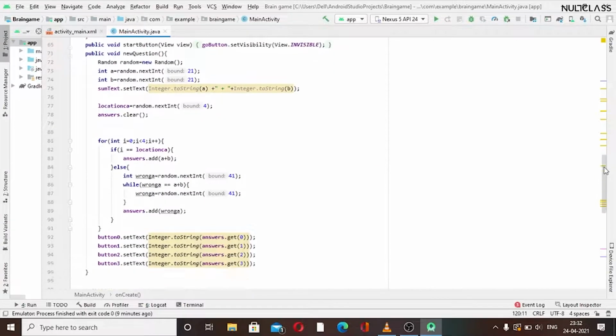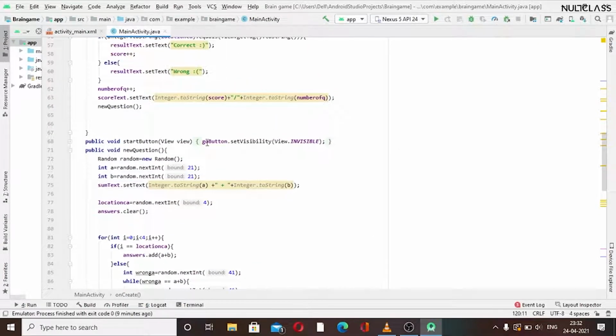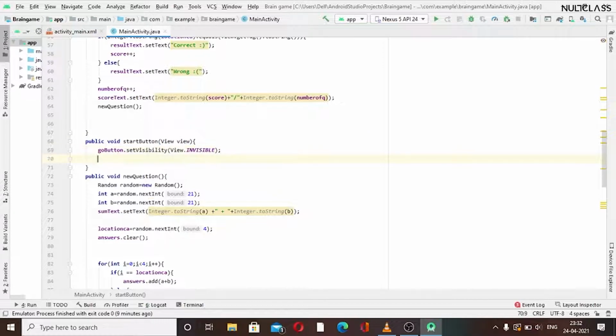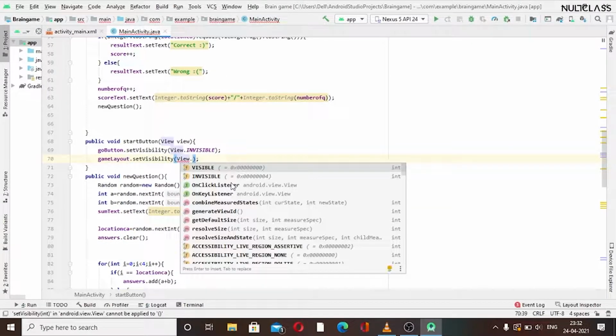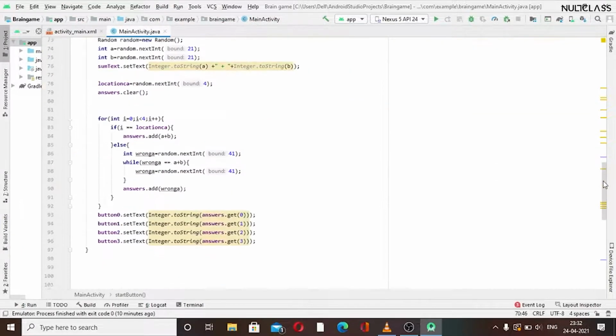So I have to go to the code where we have written for the start button. Here it is. We have written the code for that, whenever we click on this, the go button should become invisible, and we want our game layout to be visible. So I will use gameLayout.setVisibility(View.VISIBLE), this time we want it to be visible.